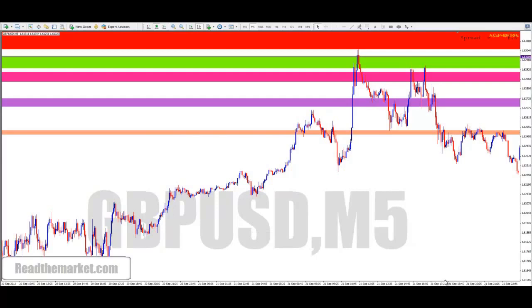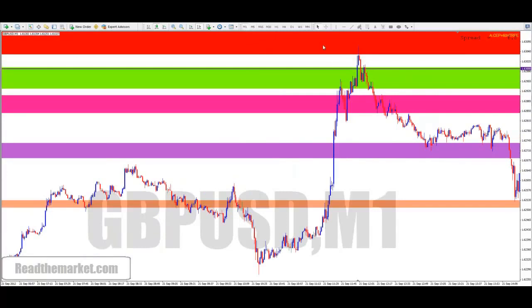See this on M1? There it goes. Right into that actual pure supply that price wanted to get to. I'm sure that if you got the M1 history of back there, you would actually find to the pip where the decision was made. So yes, we did have a breakout, but it was to a beautiful decision point, an absolute pure supply. Not only were there loads of stop losses here for people that went short there, which were buys,